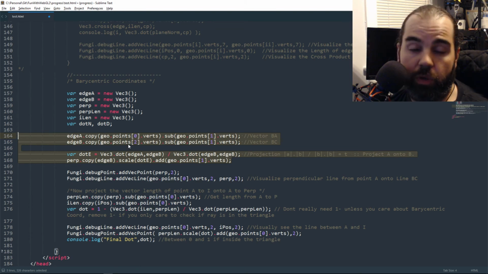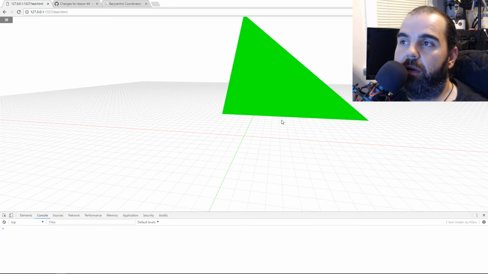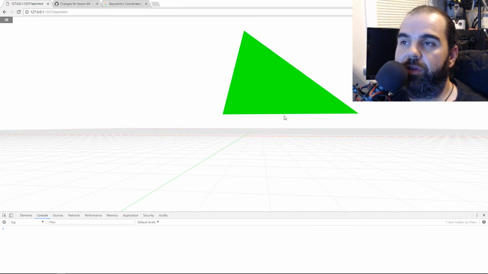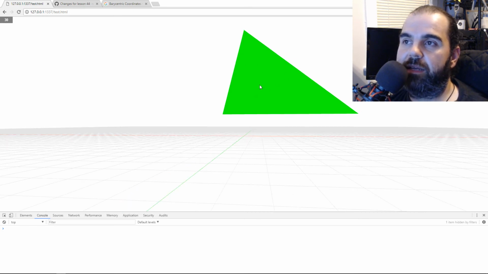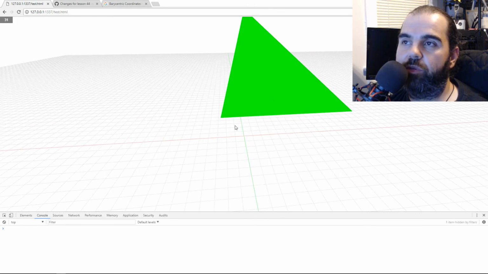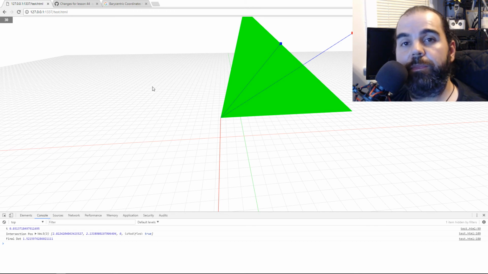This probably will work also for a quad. I haven't read too much about how to do quads or squares yet. There's really not much information. Sometimes they just say, just turn a quad into a triangle, and that's good enough. Since this way of doing it creates that perpendicular line, I wonder if I can create a perpendicular line in the center of the square, and then follow the same process of projecting